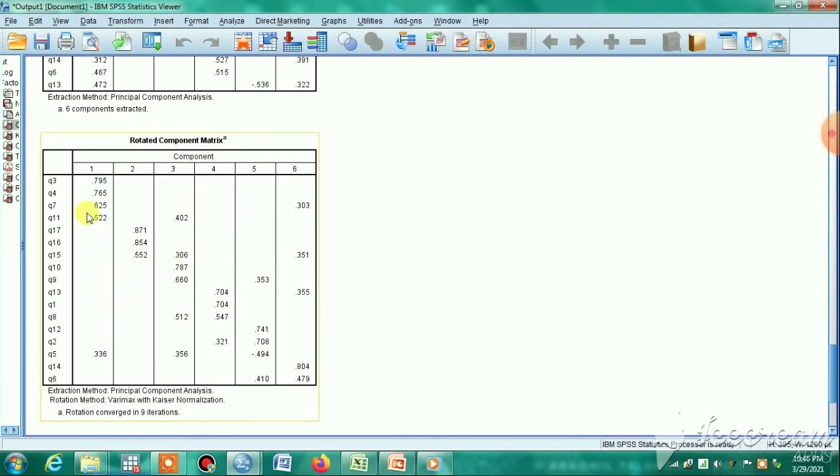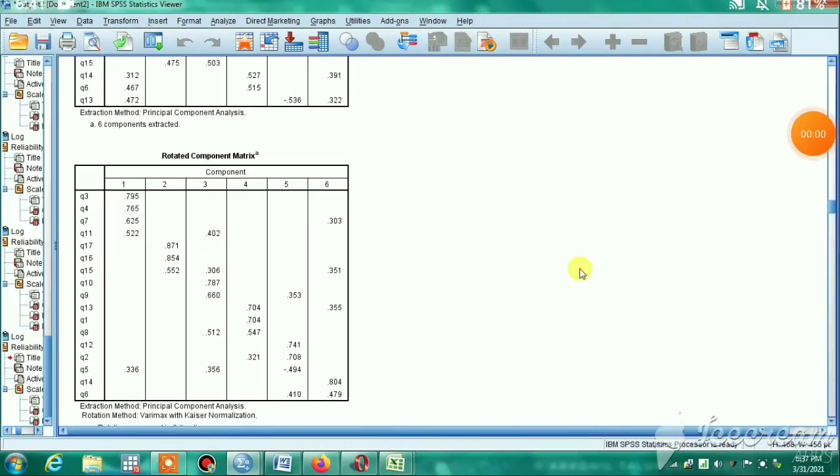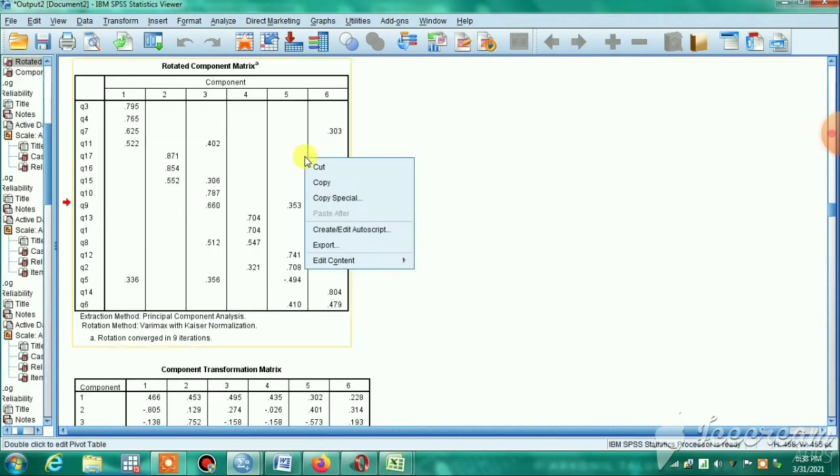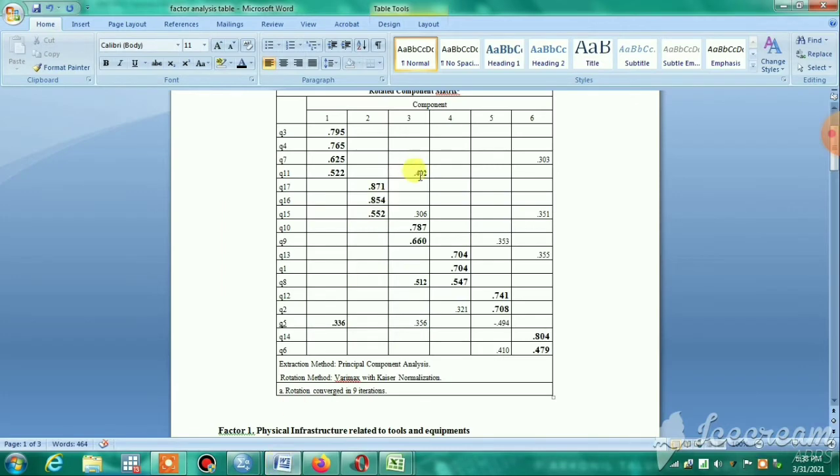Now how can we explain the rotated component matrix? It will be explained this way. For explanation, we can take this and paste it in a Word file.